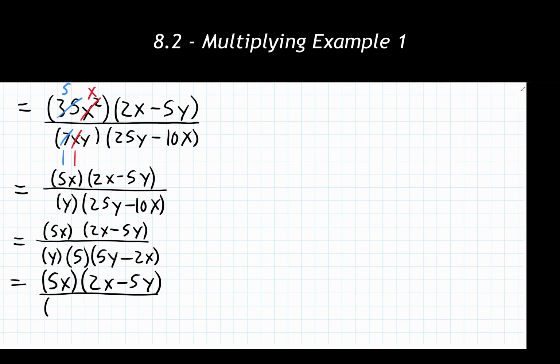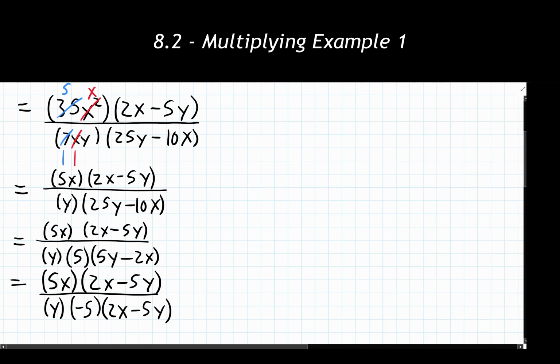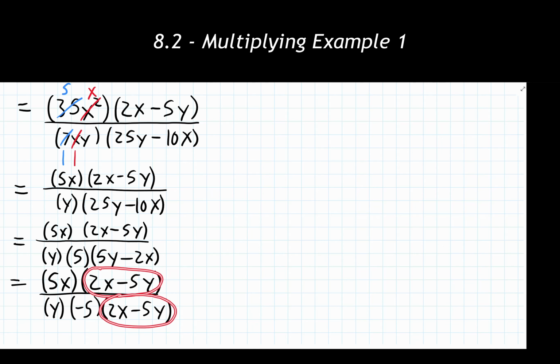And if I factor out a negative 1, that 5, which was originally positive out front right here, is now going to become a negative 5. Oops. Because that negative 1 would multiply with the 5, and we get a negative number showing up there. And now I'm noticing, well, now I have 2x minus 5y up top. I have 2x minus 5y down below. Now I can cancel those things out. That entire thing cancels there.